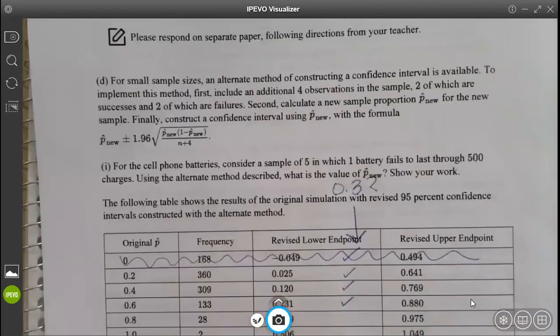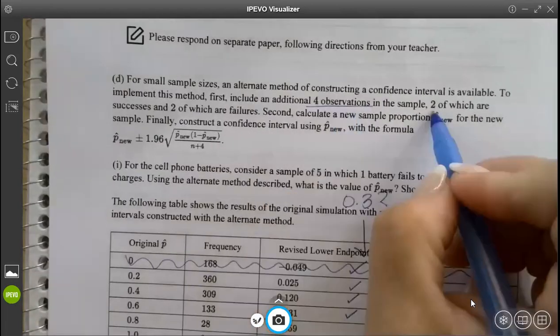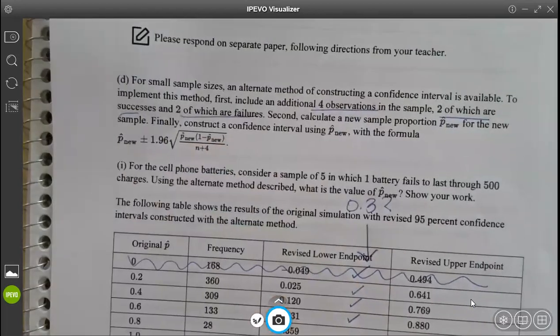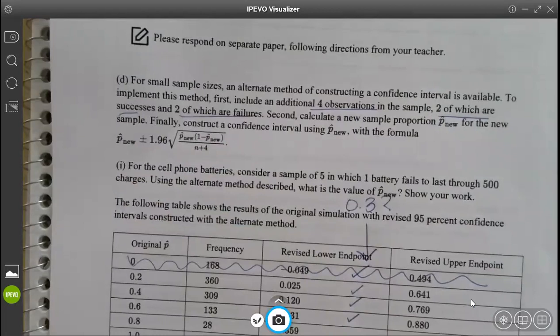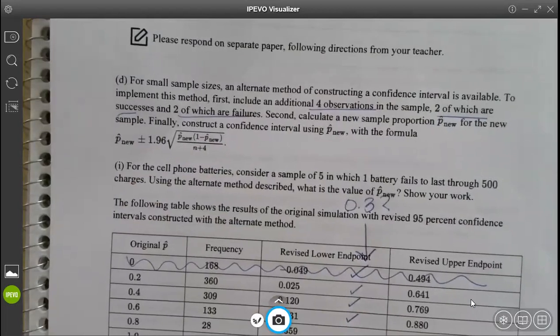For small sample sizes, an alternate method of constructing a confidence interval is available. To implement this method, first include an additional 4 observations in the sample. So we're adding 4 observations, 2 successes, and 2 failures. Second, calculate a new sample proportion for the new sample. Finally, construct the confidence interval. For the cell phone batteries, consider a sample of 5 in which 1 battery fails to last through 500 charges. Using the alternate method described, what is the value of p hat new? Show your work. The following table shows the results of the original simulation with the revised 95% confidence intervals constructed with the alternative method. So if we look at this,